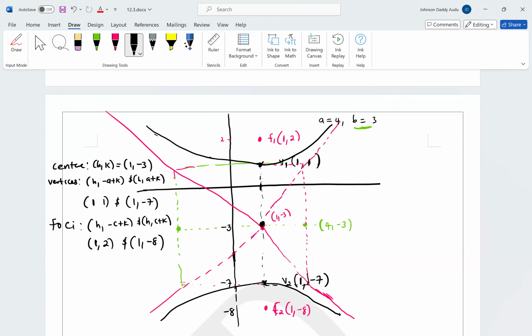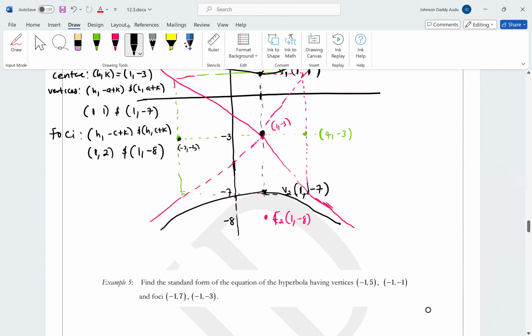You can also find the endpoints of the conjugate axis, these two points here. This is 4, minus 3, and this is minus 2, minus 3. So you can add it. All right, so,